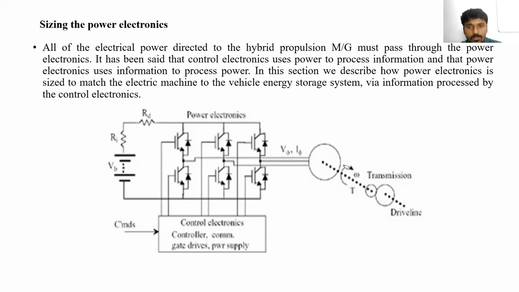Clear? If you want to operate at high voltage, then definitely we have to use high voltage devices like thyristors and GTO, and we also have to select the switches. It depends upon the commutation circuit also. Commutation is nothing but the device should be turned on and turned off.